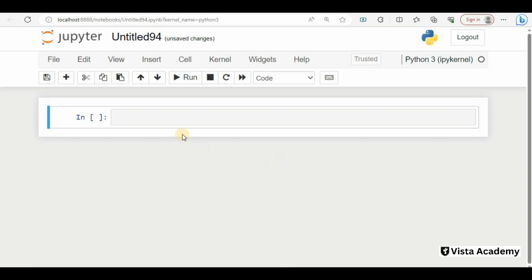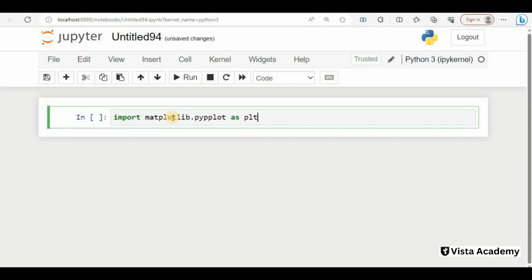Now friends, we are in our Jupyter notebook screen and will start creating charts with the Matplotlib library. First of all we will create a simple line chart. How do we create a line chart? First we will import our library, which is matplotlib.pyplot as plt.